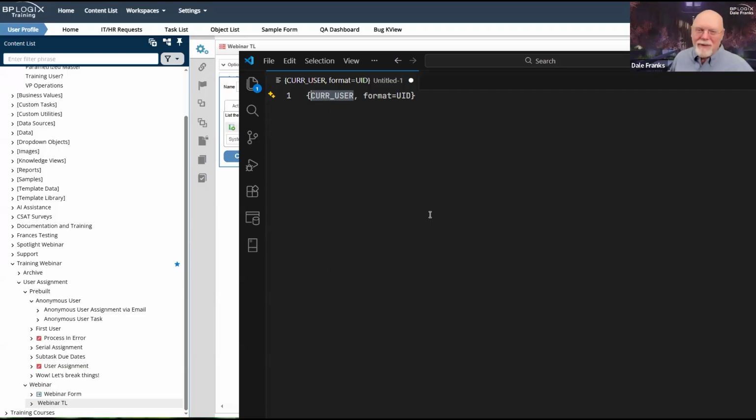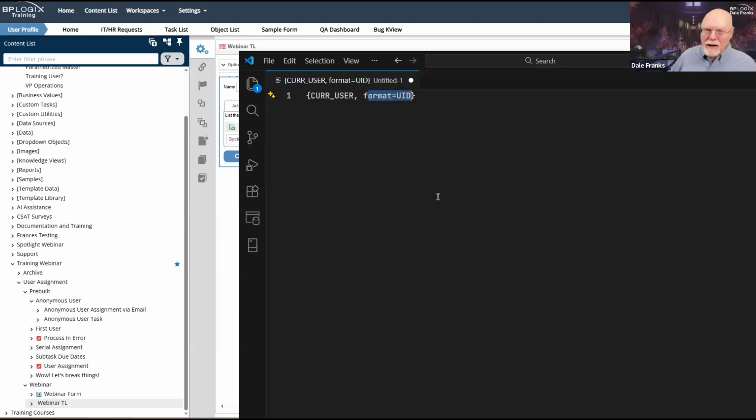But any custom variable or system variable that returns a user, just got to remember, we're going to want to give you their name as a default because we're trying to make all this friendly. So if you just evaluate a user system variable of any type, the default thing it's going to return is their name. For task assignment, that is a bad thing.